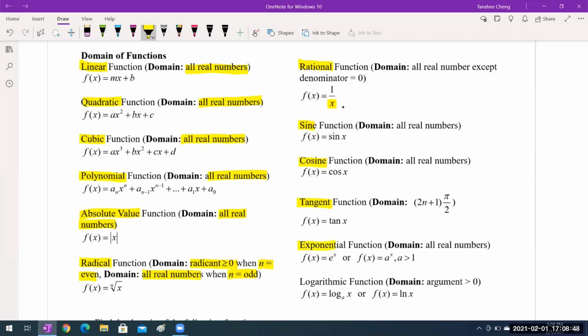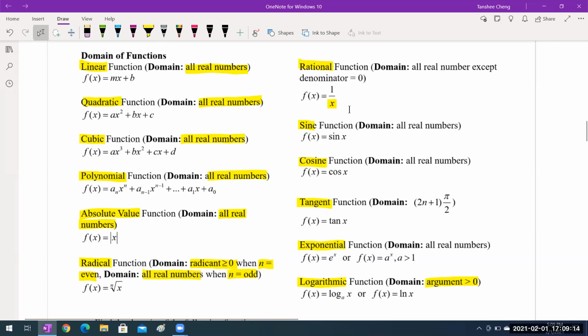The exponential functions, domain is all real numbers. And the logarithmic functions, you need to remember that the argument has to be greater than or equal to 0. Any x value that's going to satisfy this inequality will be considered as part of the domain. And these are the ideas of the domains of some of the fundamental functions that we learned from the previous